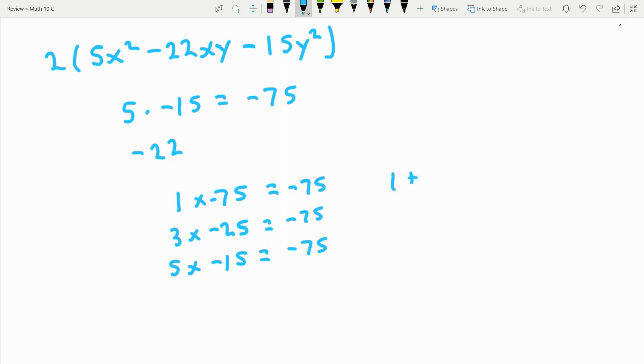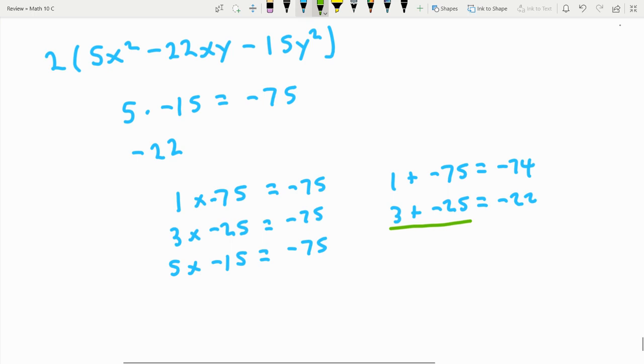So let's see if 1 plus negative 75 would work. That would get me negative 74, so that won't work. Okay, 3 plus negative 25. Okay, that got me negative 22. So these two numbers work. So 3 plus negative 25 adds up to negative 22, and they multiply together to get negative 75. So they work. So now I rewrite my equation,